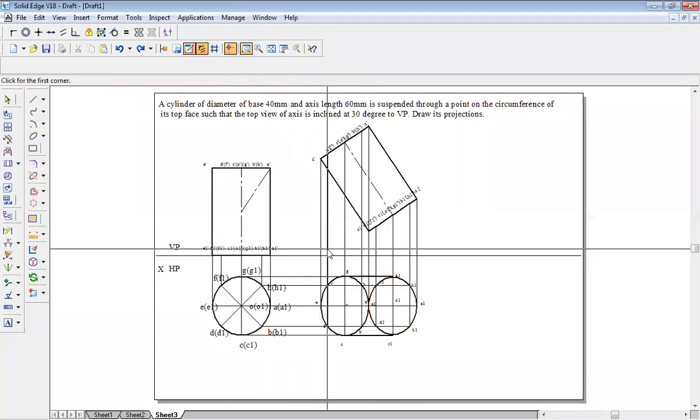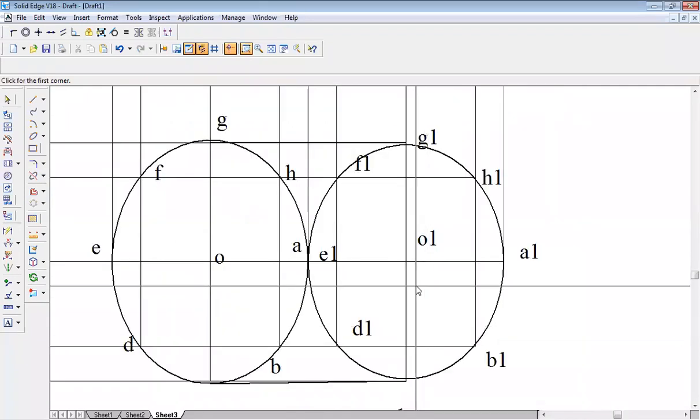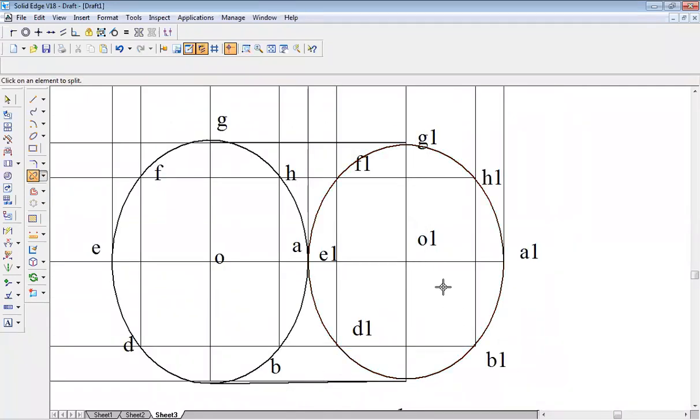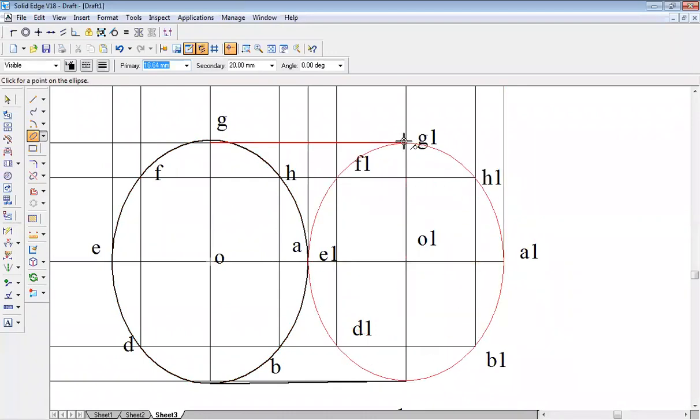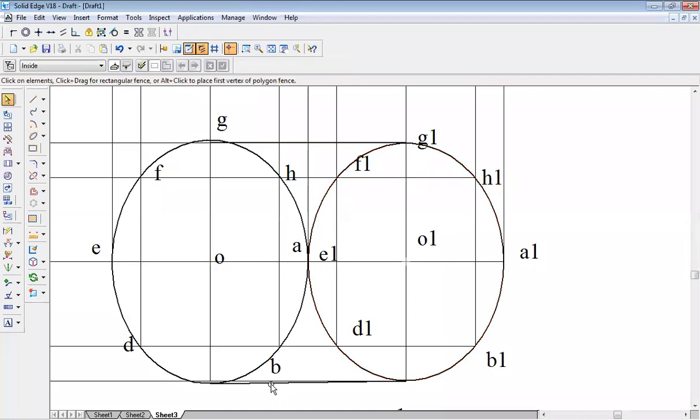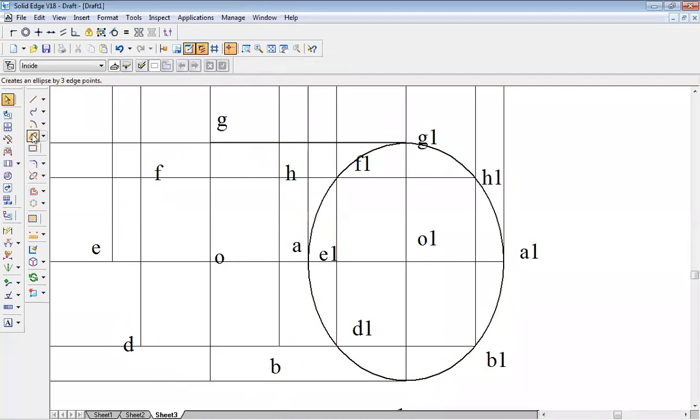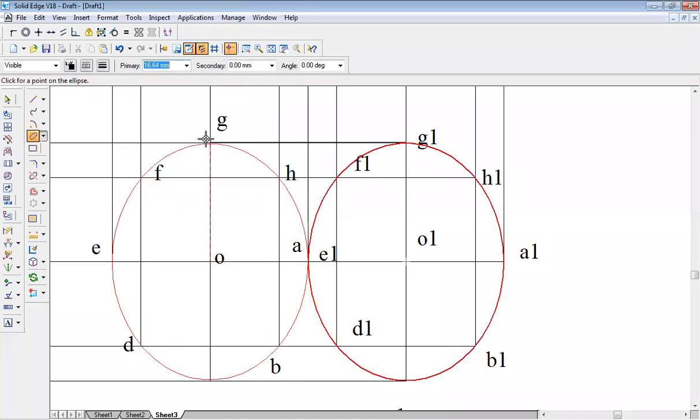Okay, I'll zoom this, just observe. Oh, this ellipse has gone wrong. Just a minute. So ellipse by 3-point method. First click, second click, this ellipse, third click. Okay, here also it has gone wrong. That's why you have to zoom this and do it. Please zoom it and do it so it will be perfect. Second click, G point, it should be third click.